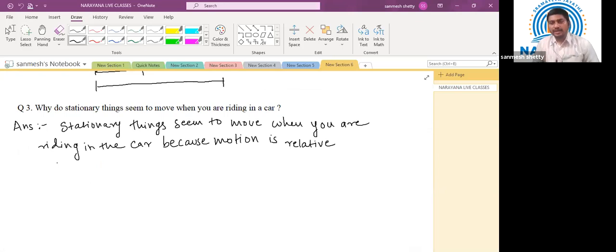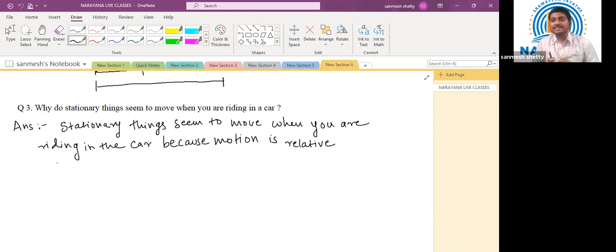Now in your frame of reference, for example, when you are driving a car, the person sitting next to you inside the car is at rest because he is also moving along with you and his distance is not changing with respect to you. That's why we say that person is at rest. But if you see outside the window, all the other objects and things are moving in the backward direction. From your frame of reference, the world outside is moving backward. It is changing its distance with respect to you. That's why we can say that the outside world is moving. The objects outside, which usually are at rest, are moving.